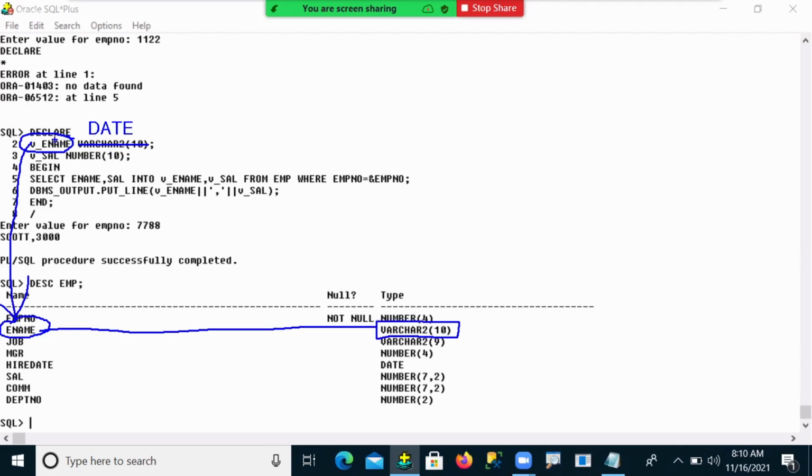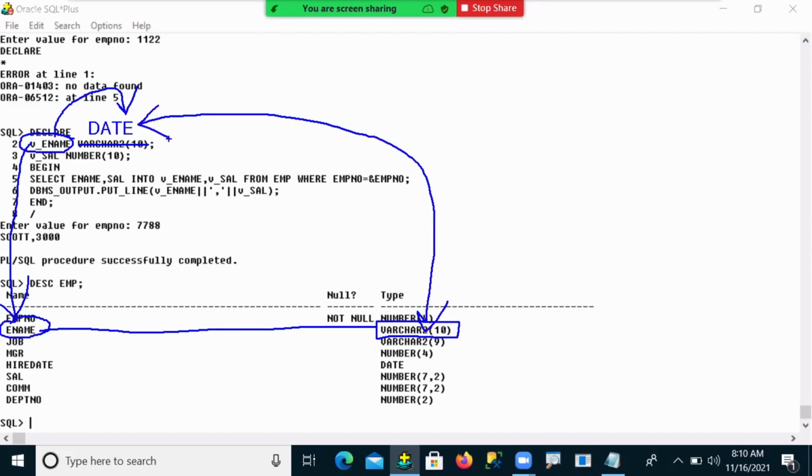But the variable declared here is a date data type. Now tell me, are your ename column variable data type and your ename column data type matching or not matching, guys?